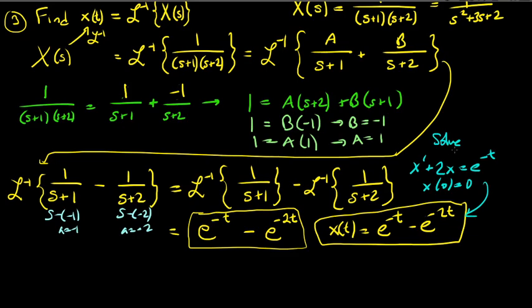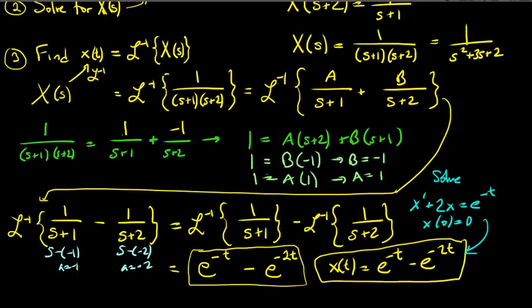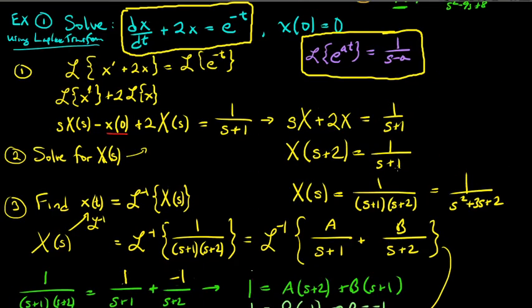Now, you might say, well, in the amount of time that I took to do all this, I could have solved it by either variation of parameters, or actually that's for second order, but the similar one to this, by an integrating factor, right? So you could have solved this by an integrating factor from chapter 2. But again, it probably would be easier to do it that way here, right? On the other hand, once you get used to this,